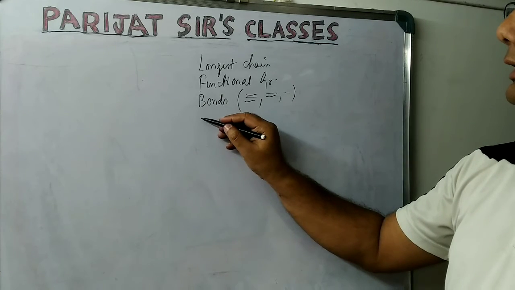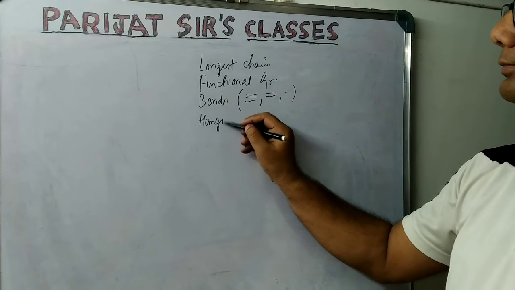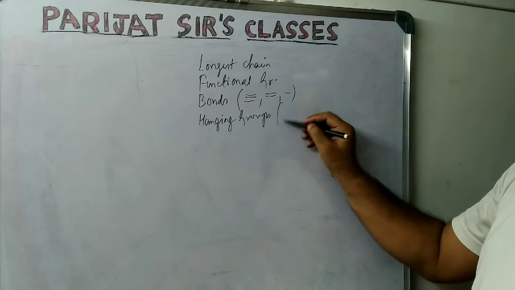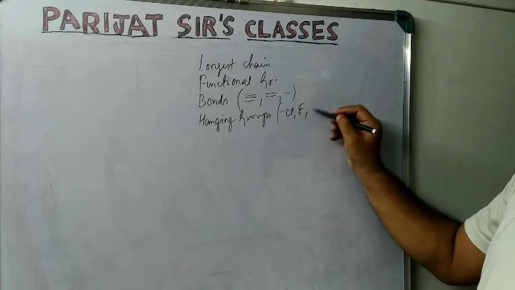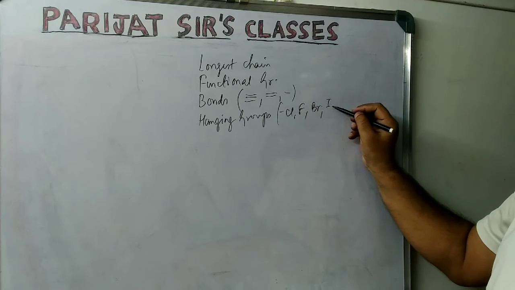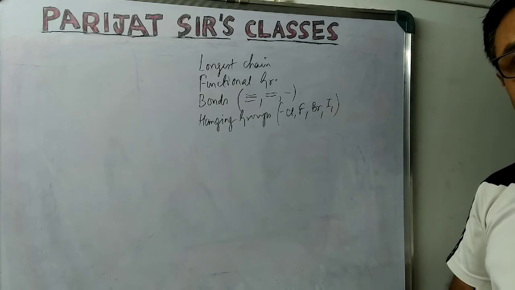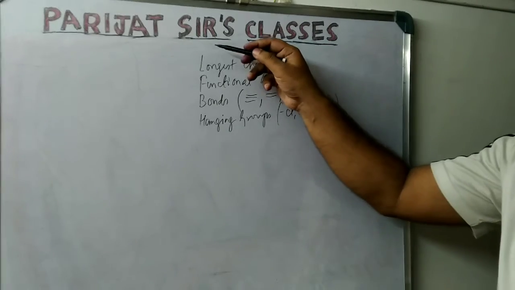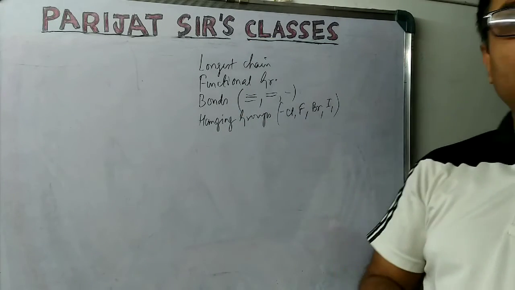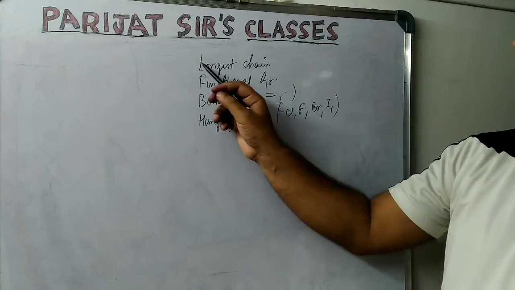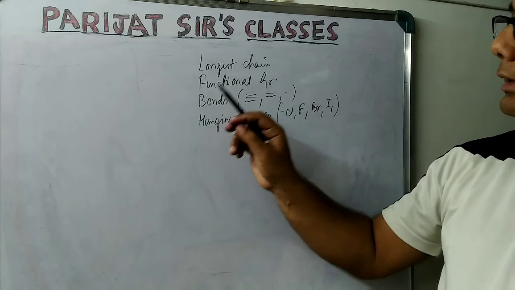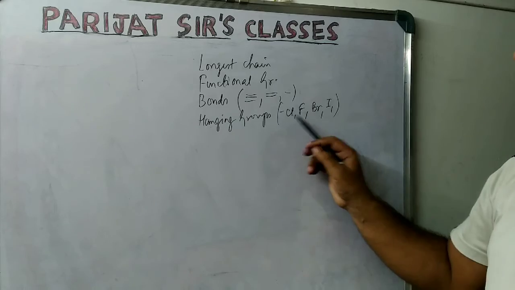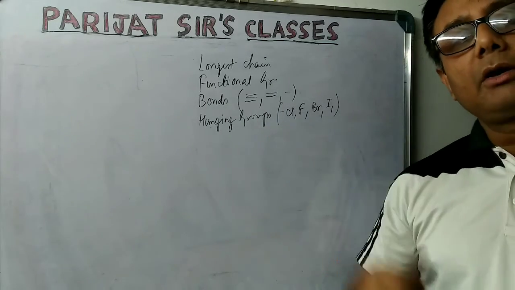Next will be given to the hanging groups. What are the hanging groups? It can be chloro, fluoro, bromo, iodo, and so many. So the preference will start from here. You have to look for these preferences one by one. If this is not there, after the longest chain, see the bond. If this is not there, after the longest chain, see who is attached. So go alphabetically. So the naming will be according to that.